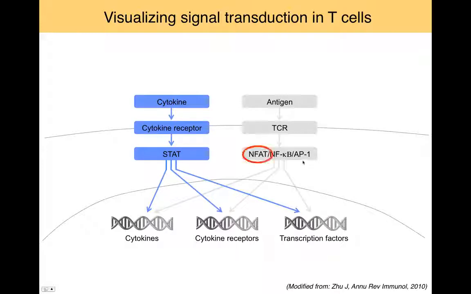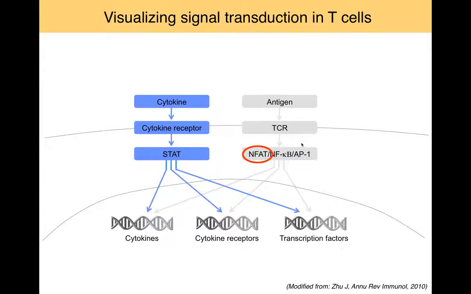And one of these, at least NFAT, is very well characterized in that it resides in the cytoplasm of the resting cell. But when the TCR is triggered and it produces a calcium signal in the cells, NFAT becomes dephosphorylated and translocates into the nucleus, where it then binds to different regulatory regions and promoters of genes that are under T cell receptor control, and then drives different differentiation phases of T cells. So we thought that we could visualize maybe the translocation of NFAT from the cytoplasm to the nucleus, and use this as a surrogate indicator of gene activation by NFAT in these cells, in response to the